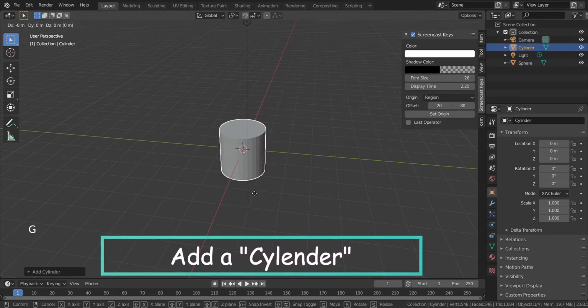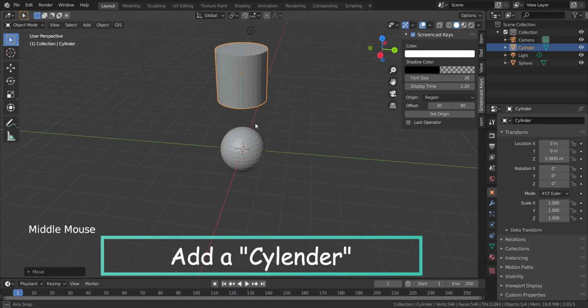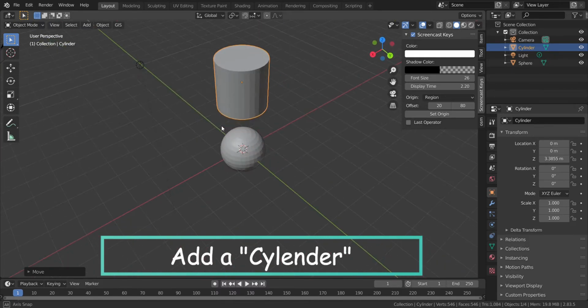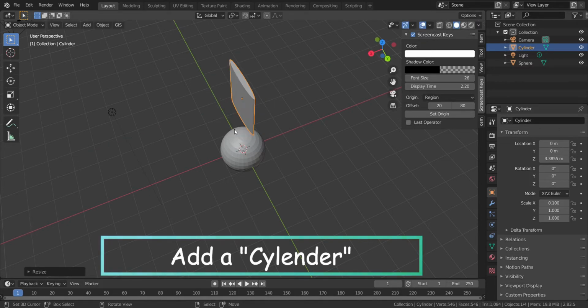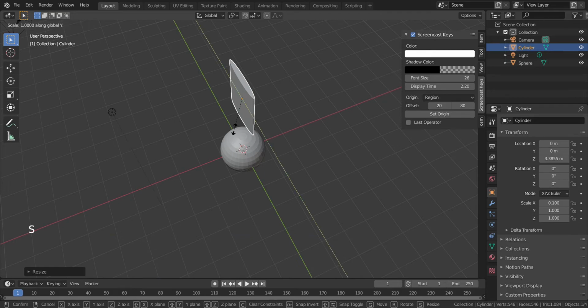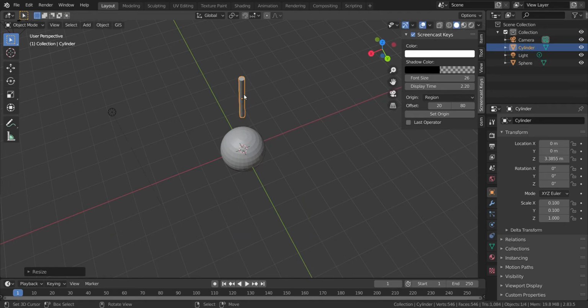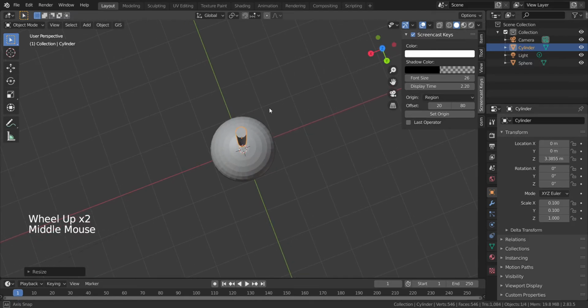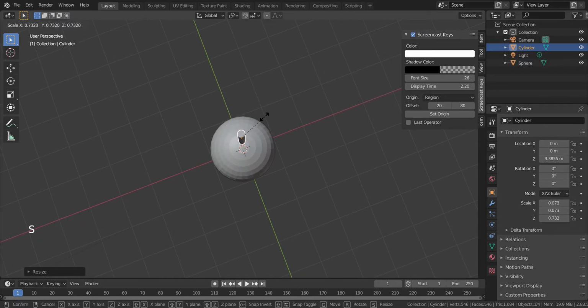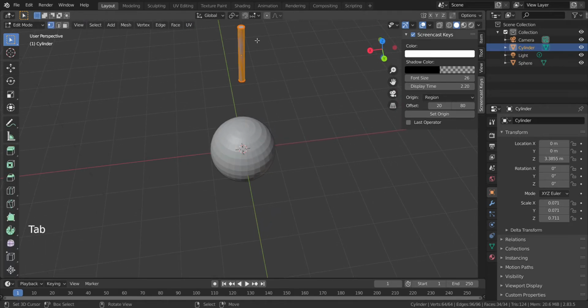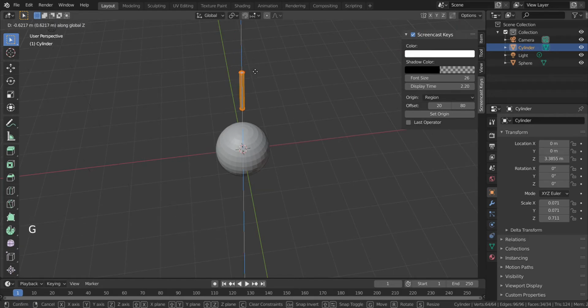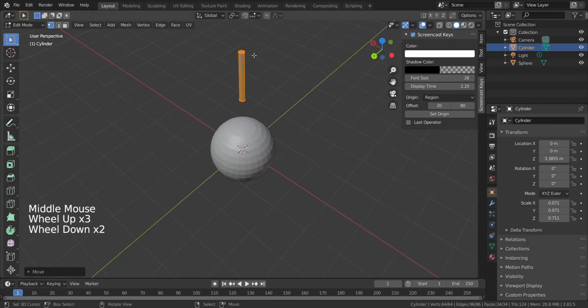cylinder. Just lift up the cylinder on your z-axis and then squeeze it to a stick-like structure. For that, I will squeeze it along my x-axis, then again on my y-axis. It still looks somewhat thick, so I will squeeze it a little bit more, just like that. Now we'll go to the edit mode, and as all our vertices are selected, we will just grab them and drop them down so that the center point comes on the top of this stick,